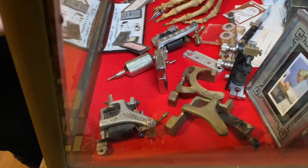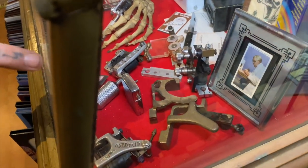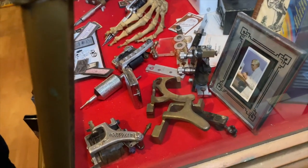And the one back there came from Seattle Tattoo Emporium, and they recast those. The guy who owned that cast those because Sailor Barney was out there, and that's the machine they were using out there too. It's the same machine, and that's the Bakelite,